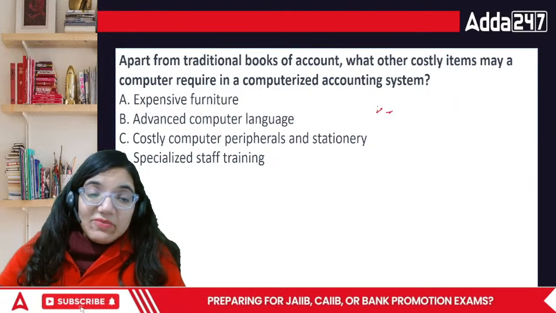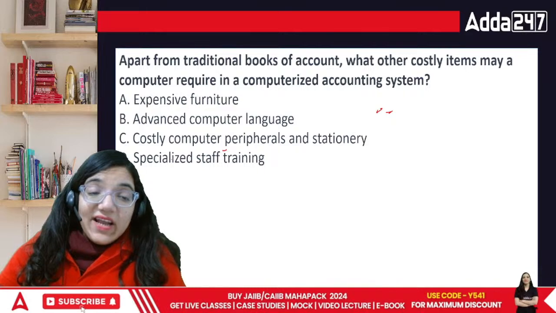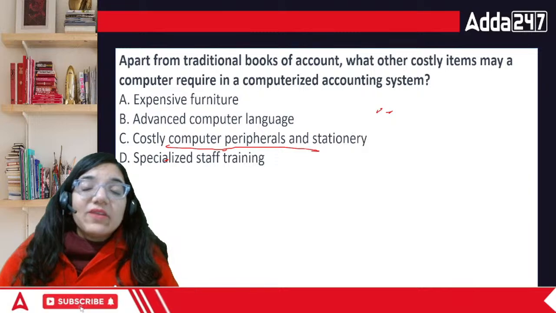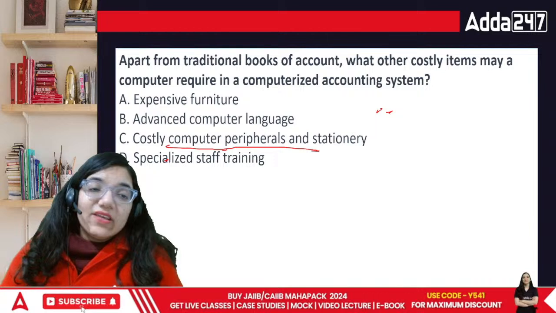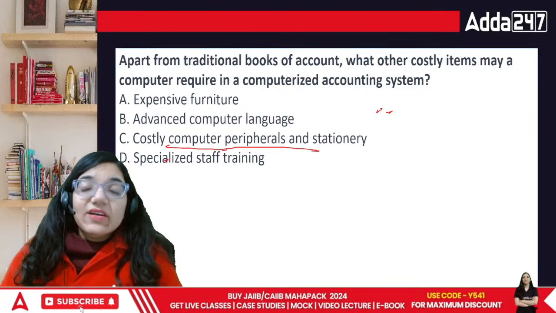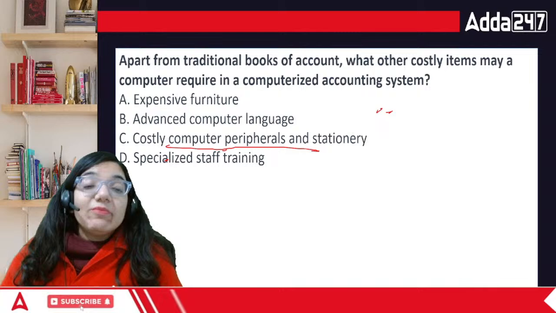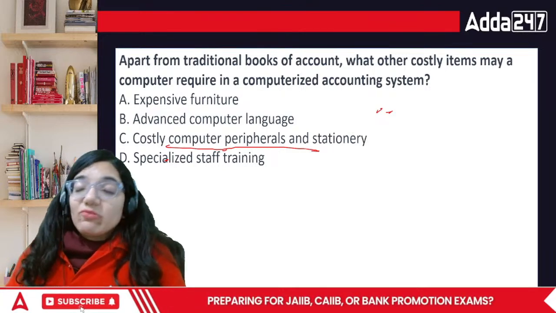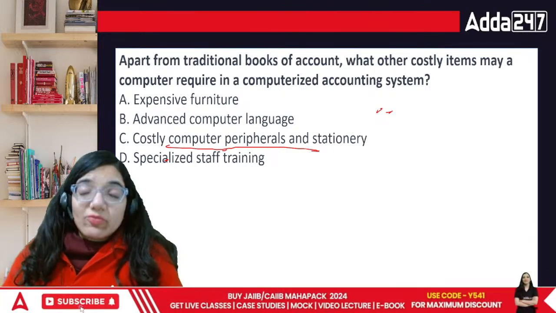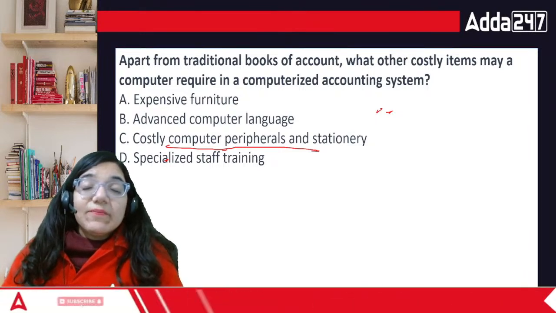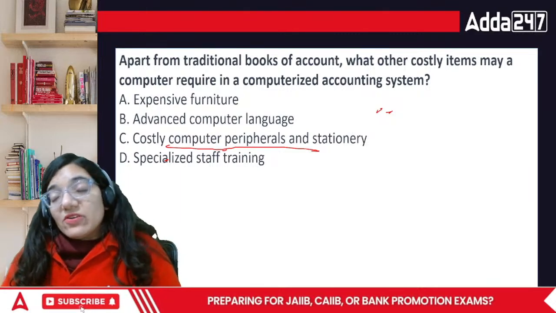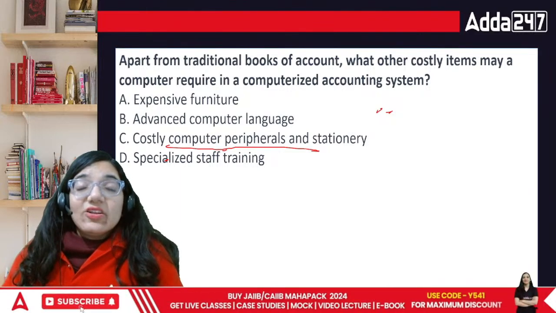For example, if I'm taking your classes, what is it that I need? I need a WAN connection. If that is not working, then I need a LAN connection, right? Normally in houses we have a LAN connection or we have Wi-Fi, right? And if it's a small organization, maybe even 10 to 20 people are involved, then you still need the computerized system of accounting, because it is not possible for one particular person to write down the journal, then the ledger, and then the trial balance and the further financial statements. It takes a lot of effort to do all that, right?